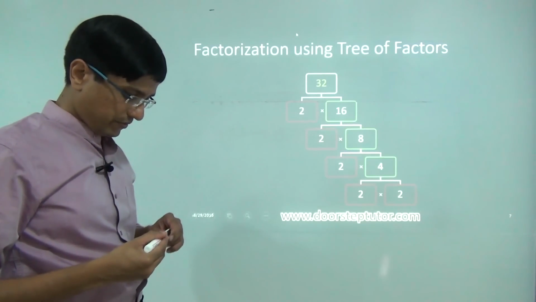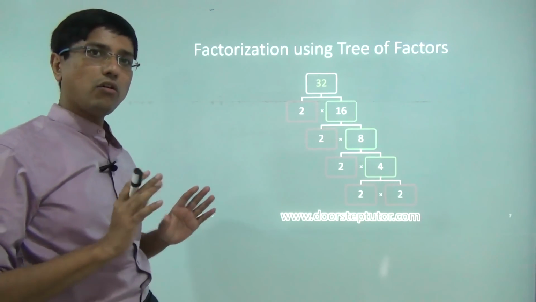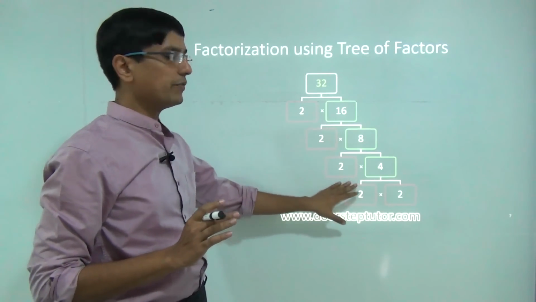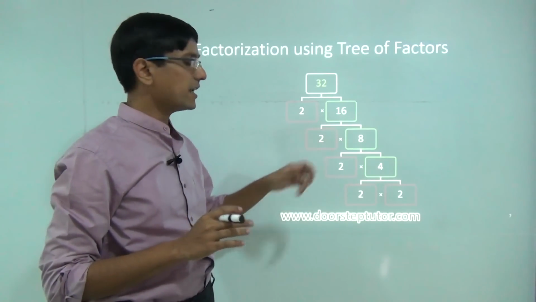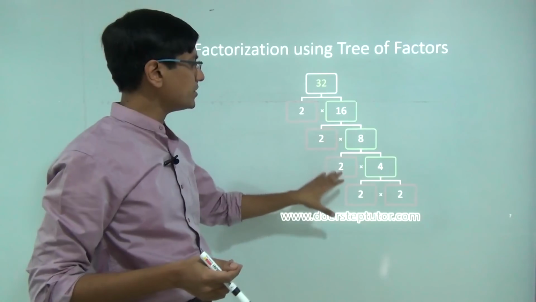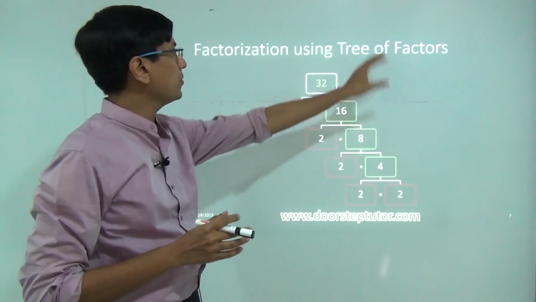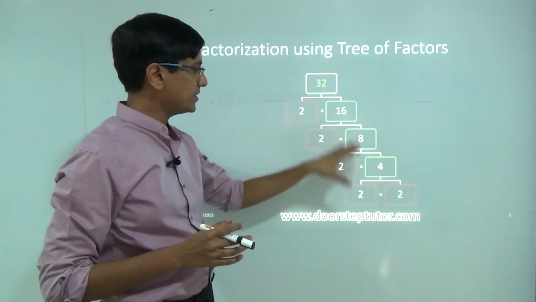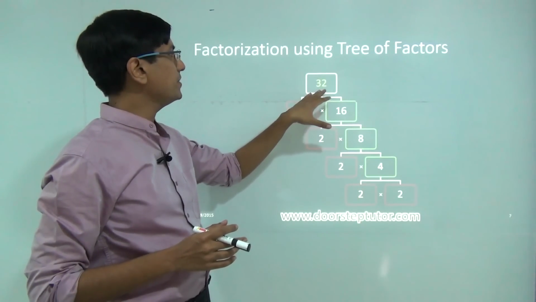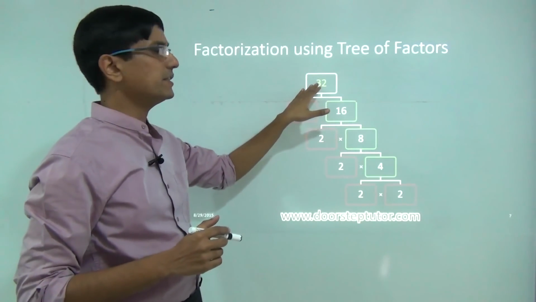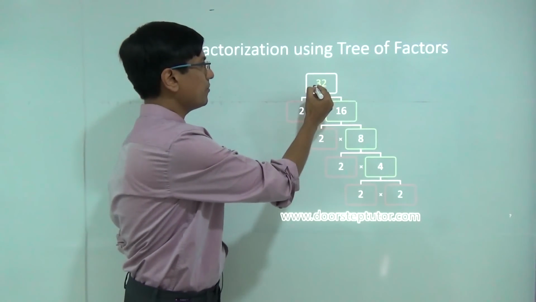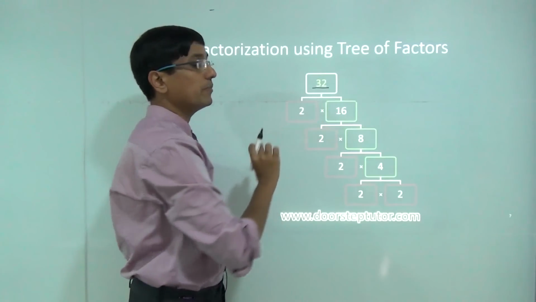Now I am going to tell you the first technique of finding all the factors of a number. Finding the factors of a number is called factorization. There are a number of methods of finding factors of a number, or factorizing a number. This is just one of the techniques. I call it the tree of factors. This is essentially like an inverted tree, and the way we do it is we start with the given number. For example, if we have to find the factors of the number 32, we start with 32. I try to find one number which can completely divide 32.